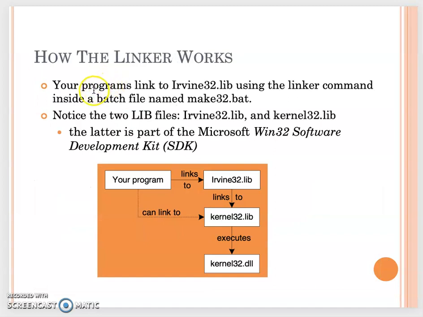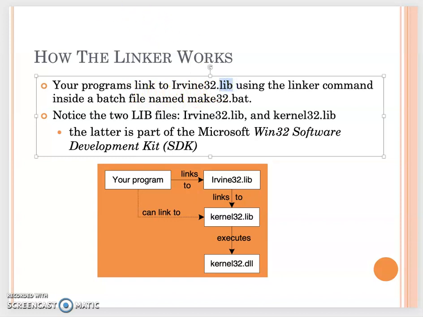So here you will see your program linked to the Irvine32.lib file. The lib file is a binary file. They use the linker command inside a batch file called make32.bat. These two files, the Irvine32.lib and the kernel32.lib, are part of the Microsoft Windows 32 software development kit. So that's why you see here is our program, and in our source file, we use the include